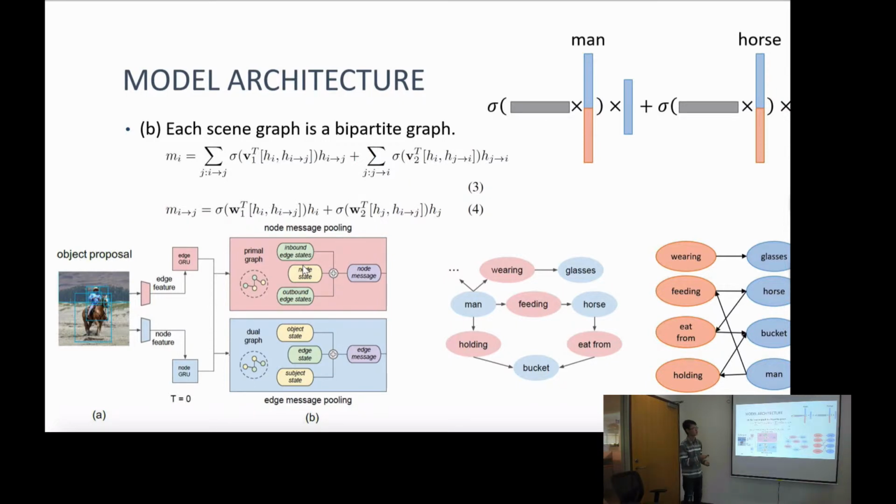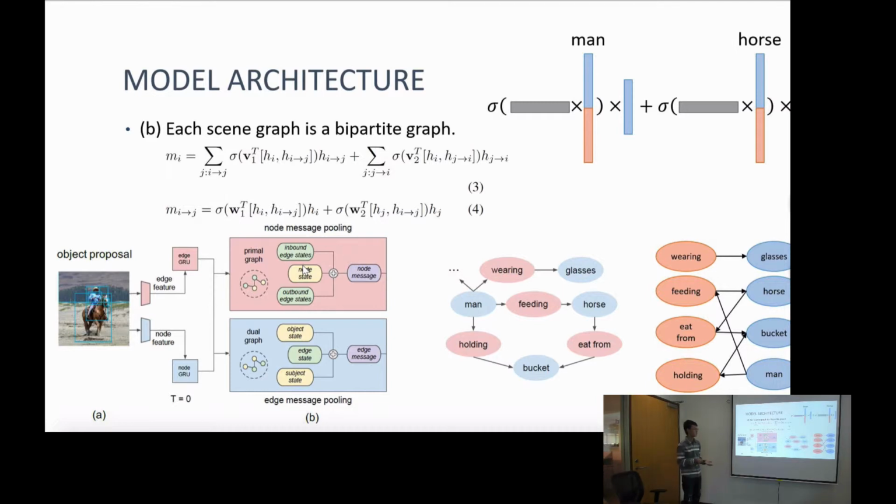This representation is man. Similarly, we also have horse, right? So we concatenate the representation of horse with the representation of feeding, because our ultimate goal is to learn the representation for feeding. And then similarly, this is the horse. And then we can get this representation. And we sum them up. And this is the output of this message pooling part, meaning that we use this way to learn the representation